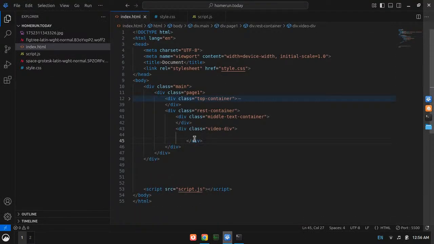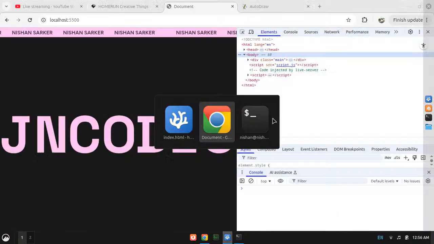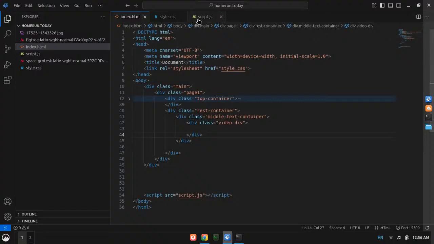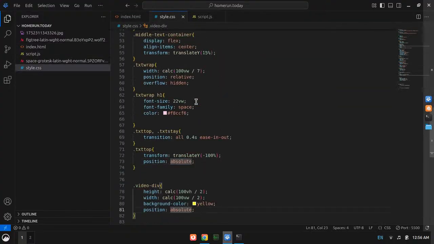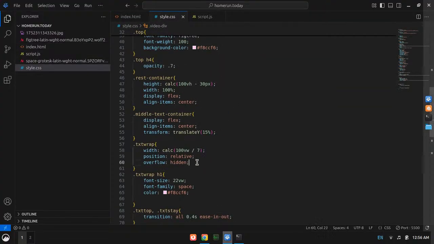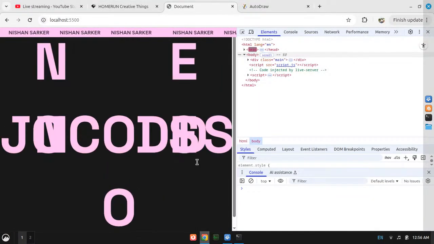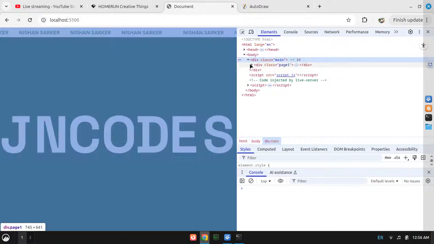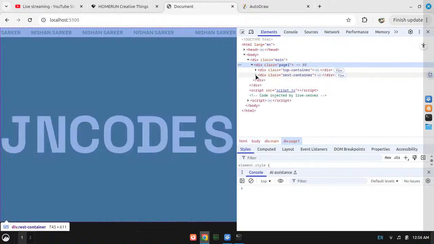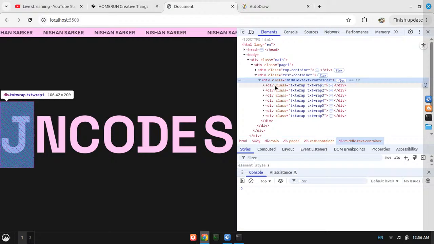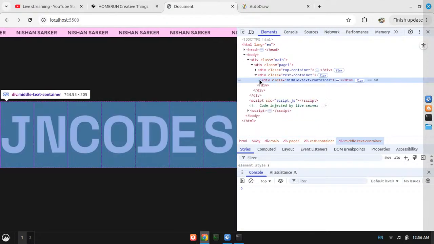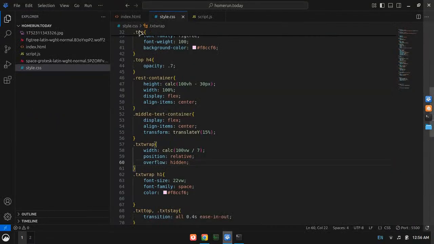Now what if I add this div inside this container? The div would vanish. What if I hide the overflow hidden for some time? Still the div is not visible. Wasn't my video div supposed to be here?